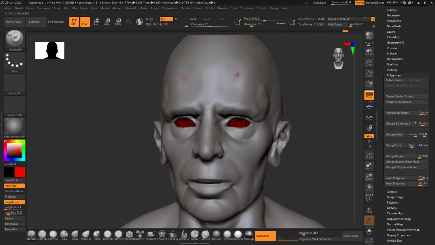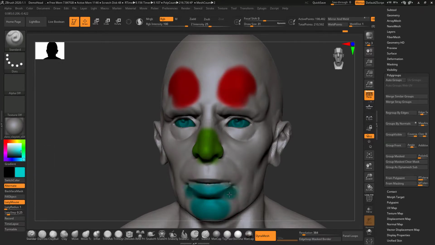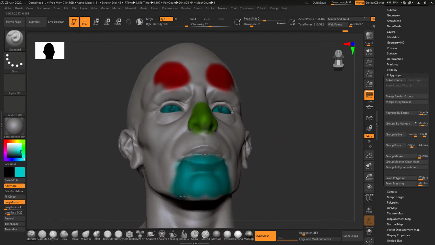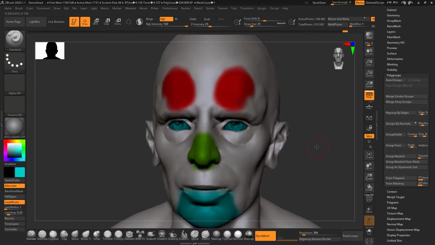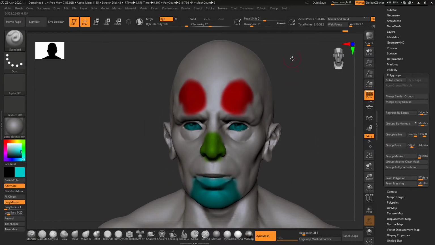If I make a selection in this area and change the color, then make a selection in the nose area and change the color, and then add a selection in the lower chin area, then I have polypainted three different colors on my character.